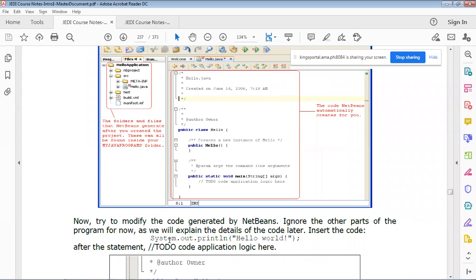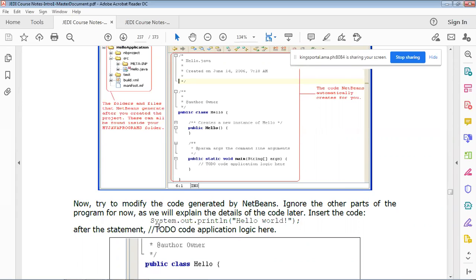Ignore the other parts of the program for now. After the statement "TODO code application logic here," you can type your statements.